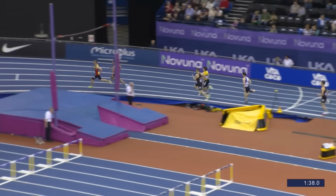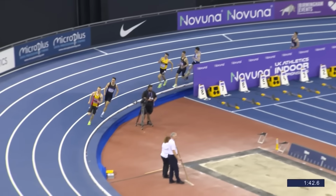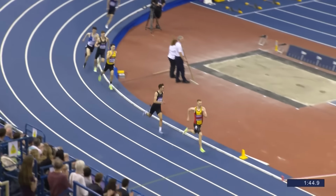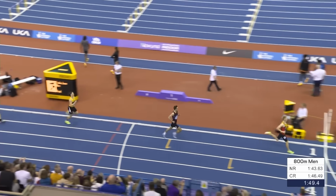There are no time qualifier spots here, so this one looks booked already. Mungin is finishing well in the yellow of Kilbarkin, the teenager, but it's Patterson extending away. Fisher will have a quick look around to make sure he's safe in second, which he is, and that order